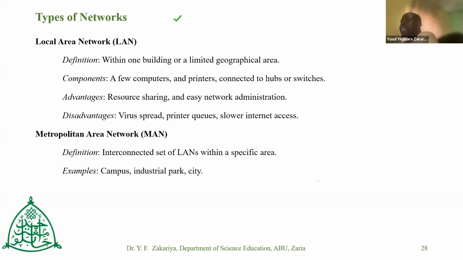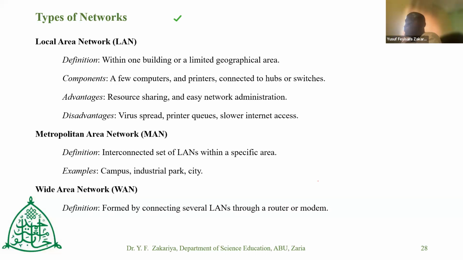If you leave ABU campus, you cannot use the ABU hotspot. Because the ABU hotspot is what? A metropolitan area network. While we have the last one being the wide area network, this is where you can connect people from different locations. You can connect all the branches of First Bank in Nigeria together because they use wide area network. We can connect anybody in the world together using what? Wide area network. They focus on more and more people.